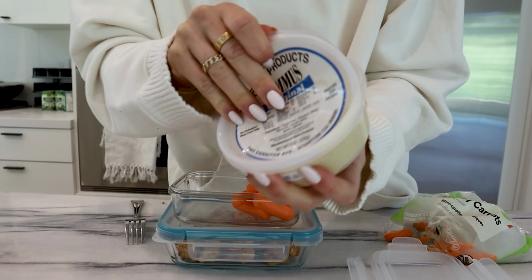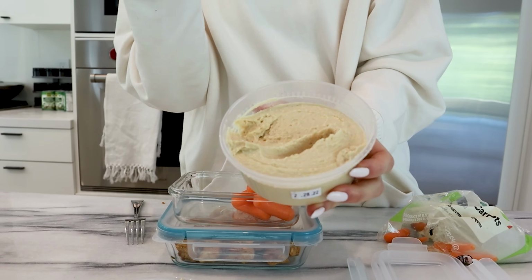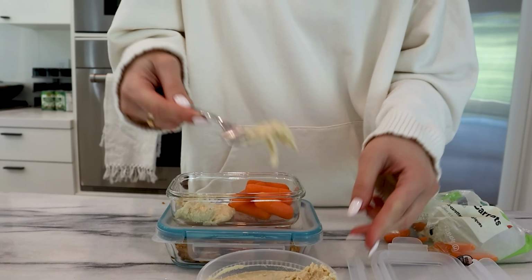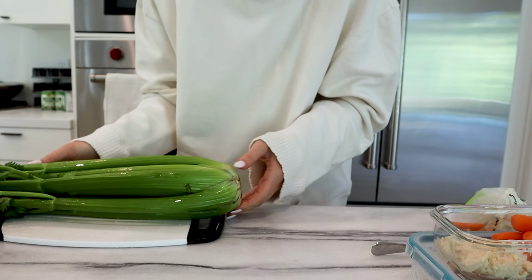This is the best hummus. I get it from the Brentwood Farmers Market in LA from Mom's Food Stand. It is divine. I'm gonna have a little dip right now. My naturopath is a big fan of hummus, so I've been eating a lot of that because there's some protein in there. Actually, while we're at it, I'm gonna just prep this celery for the rest of...